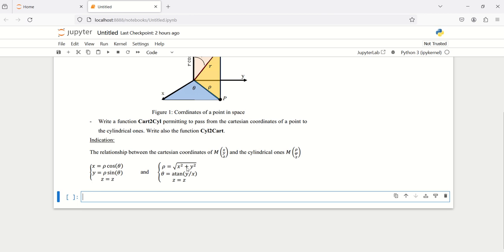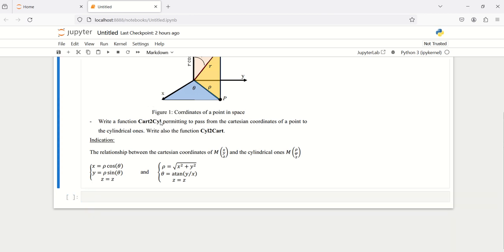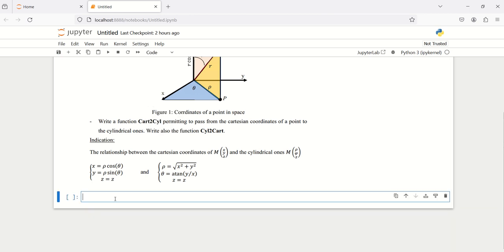If you have an input in Cartesian, and I create a function Cartesian to cylindrical, it is better in such a situation to import the library numpy